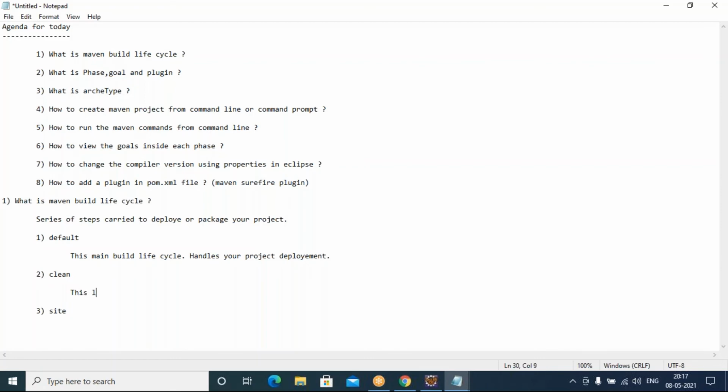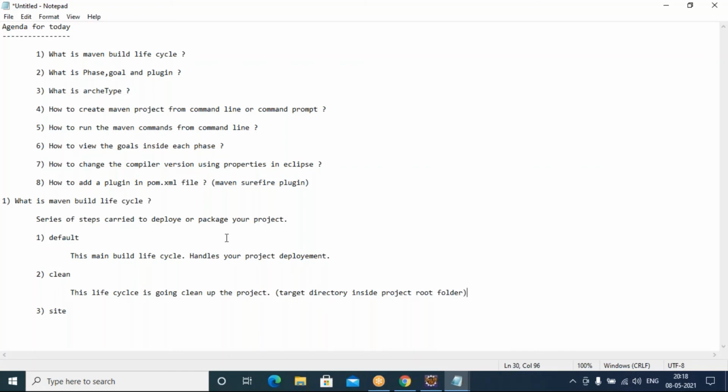There is a target directory generated by Maven inside your project root folder. It will create one directory called target, where all the compiled source code .class files are stored.